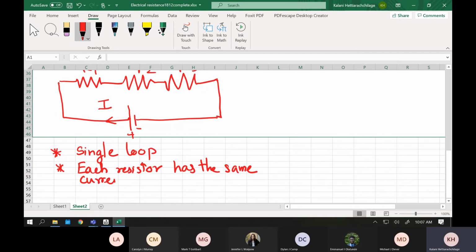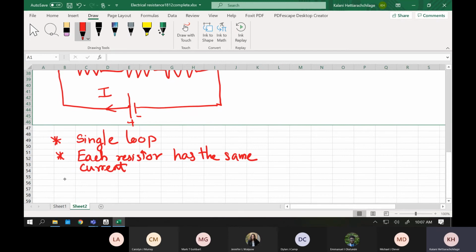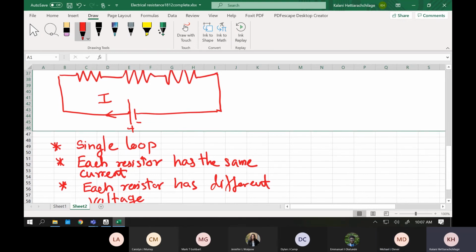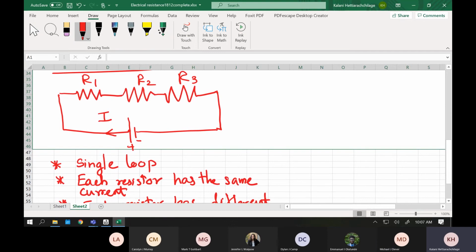So this is the easiest way you can identify that those are series connections. There is another property. Each resistor has different voltage. Although your current is the same, voltage is different. Voltage is something that you can measure as the potential. You may learn it later, but the idea about the voltage is you are basically measuring potential energy per unit charge. So that is equal to the voltage.